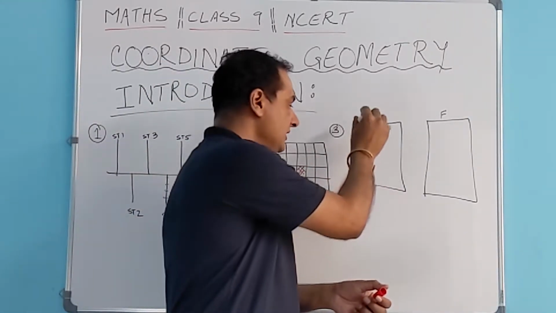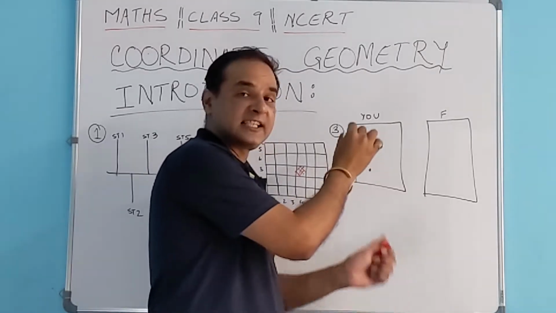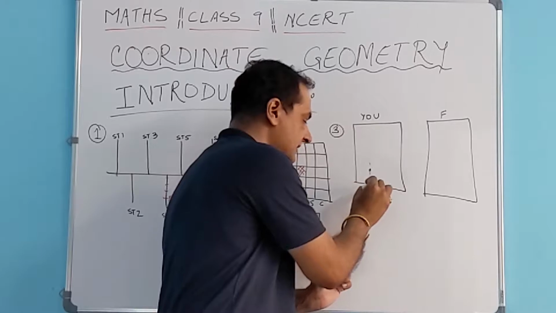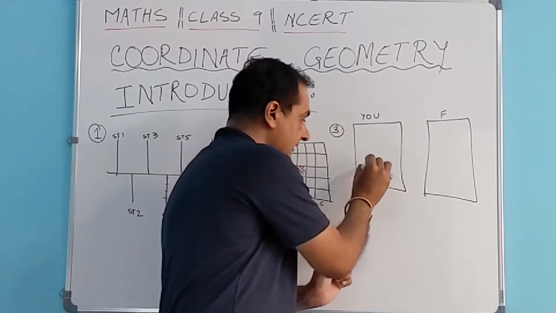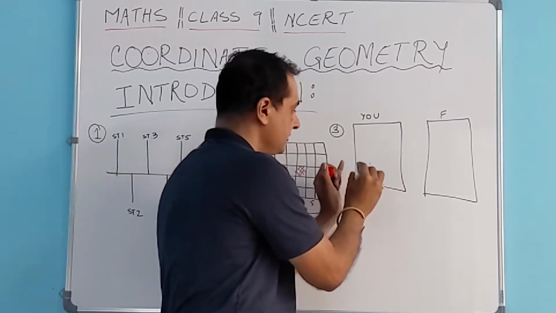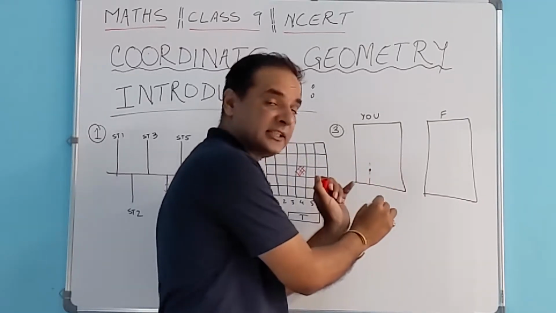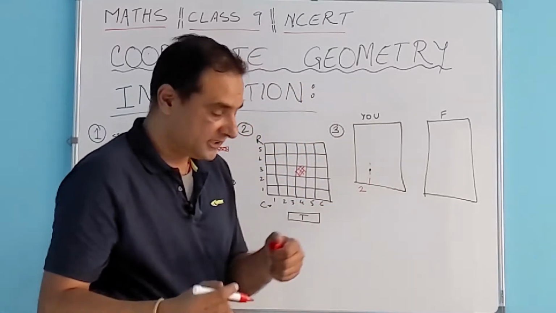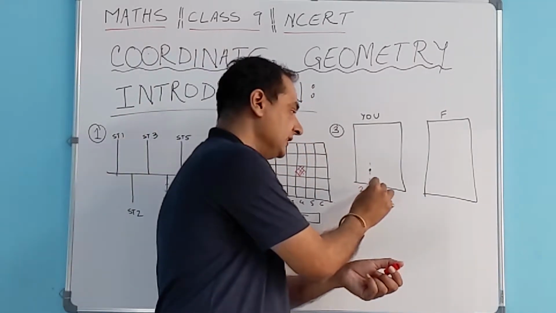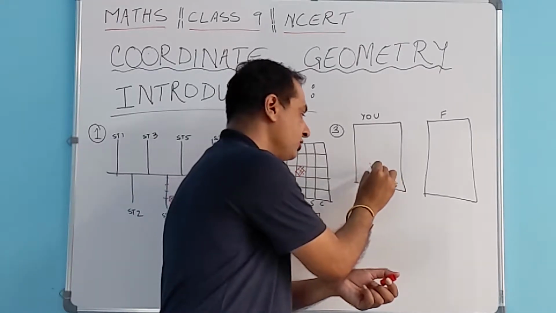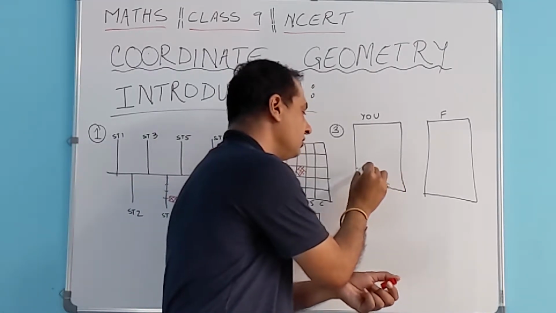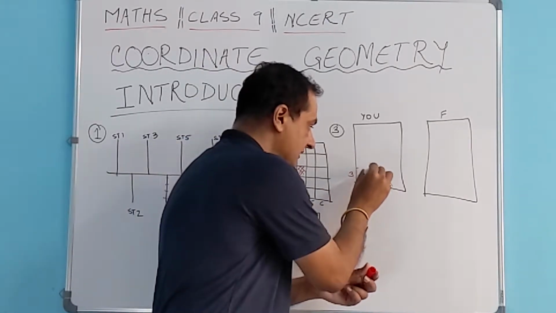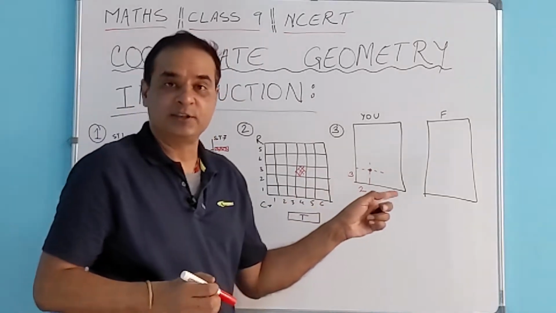So how can you do it? You can identify, take the example of this edge, the left hand side edge, parallel to it you are going to draw a line and measure the distance. Let's say this distance between the left edge and the line which passes through this point, which is parallel to this one, is 2 centimeter for example. In the same way, parallel to the bottom edge you will draw another line through this point, and let's say this distance is 3 centimeter. So where these two lines meet, that's basically the point.